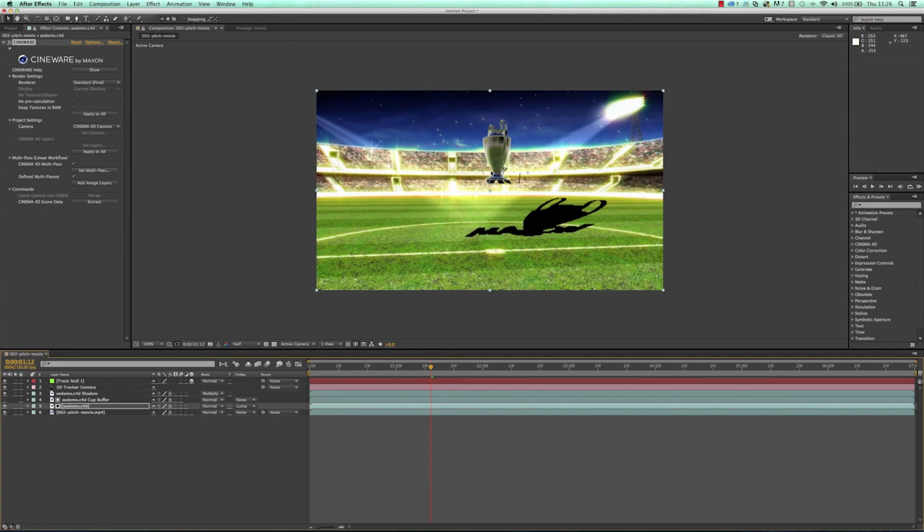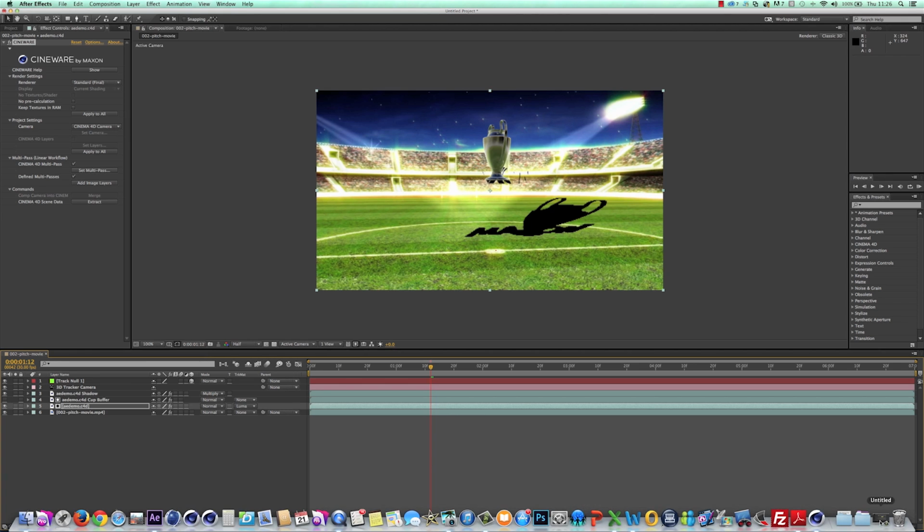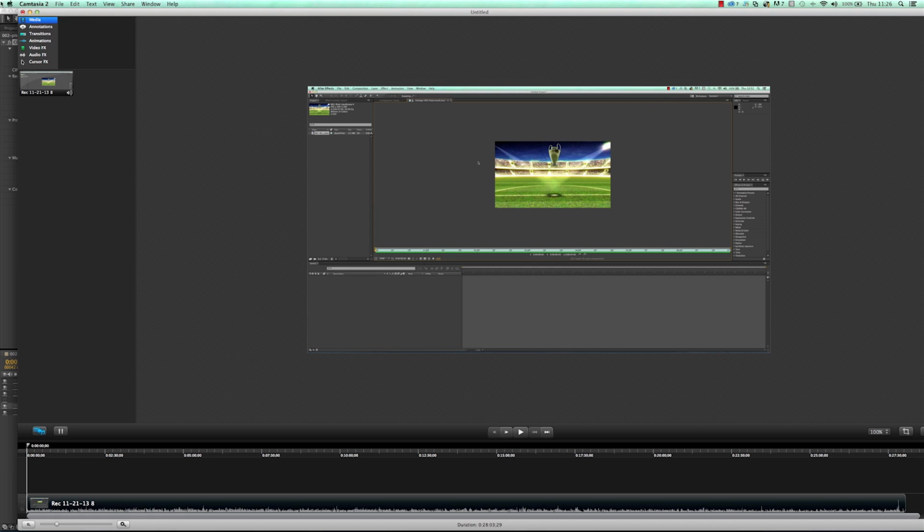Now you'll notice something funny there, that the logo looks odd, and that's because it's not on the object buffer at the minute. So we could either have the object buffer as it is, or we could set up a new one inside After Effects, and we'll fix that in a minute. But you can see the shadow is there, but we just need to sort that out. So what we could do is just go, oops, not that one.